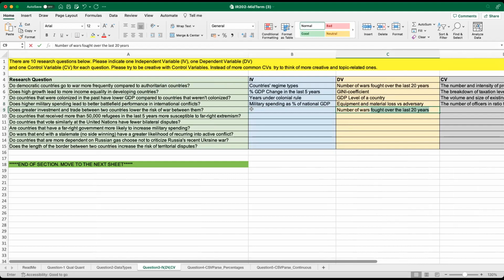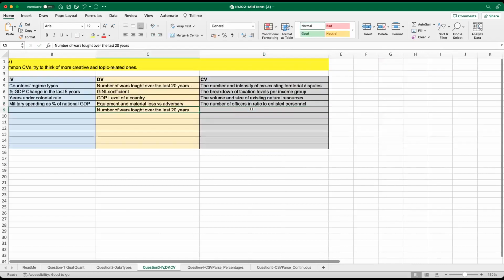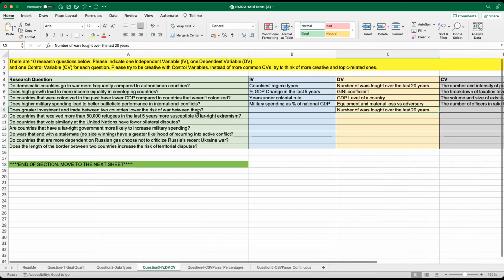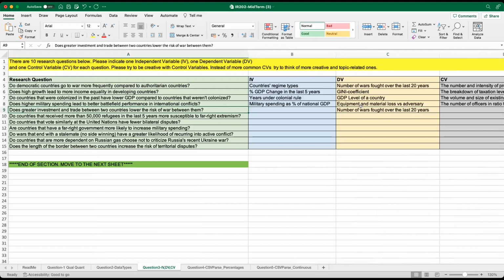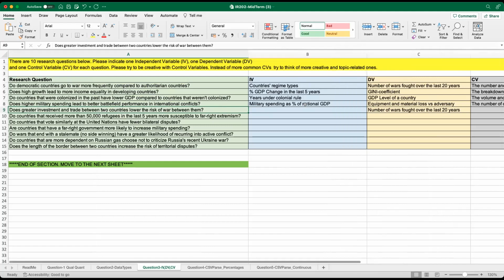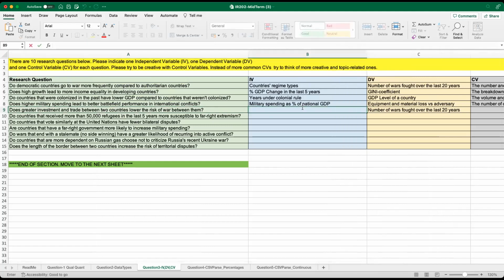Number of wars fought over the last 10 years or 20 years, something that has to be measurable between countries. So what are we looking for to determine the number of wars fought between them? Greater investment and trade between the two countries. So the independent variable would be something like trade volume in US dollar terms between those two countries, again, over